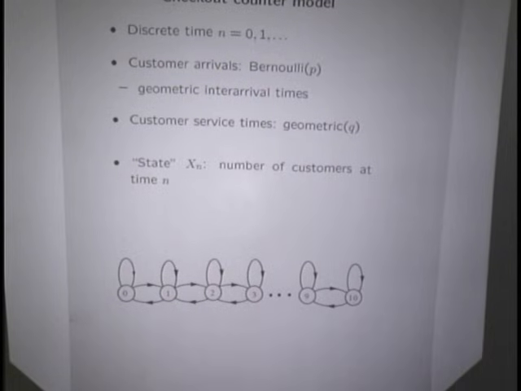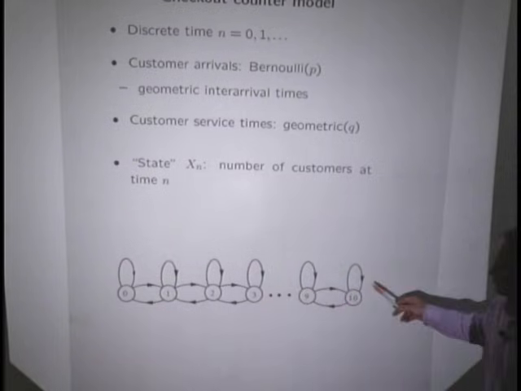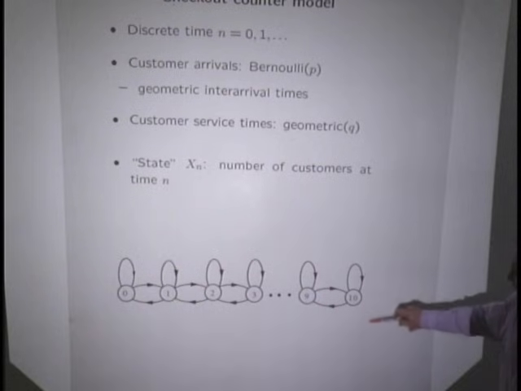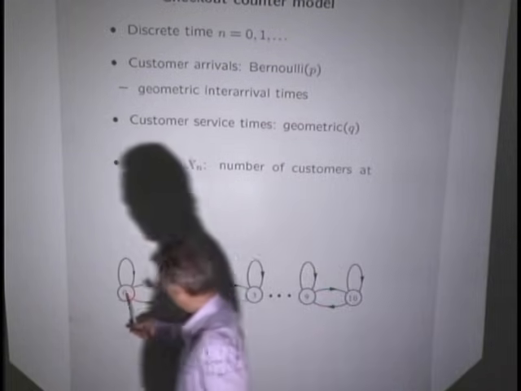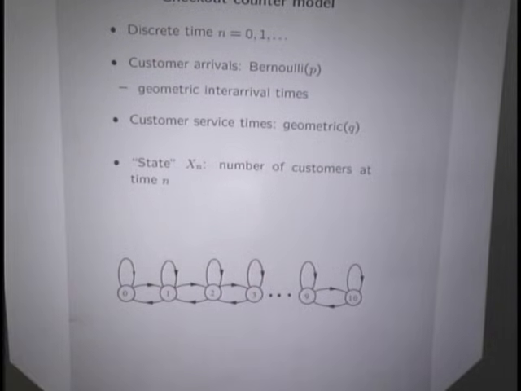And let's assume that our supermarket building is not too big, so it can only hold 10 people. So we're going to limit the state. Instead of going from 0 to infinity, we're going to truncate our model at 10. So we have 11 possible states corresponding to 0 customers in queue, 1 customer in queue, 2 customers, and so on, all the way up to 10. So these are the different possible states of the system, assuming that the store cannot handle more than 10 customers. So this is the first step, to write down the set of possible states of our system.